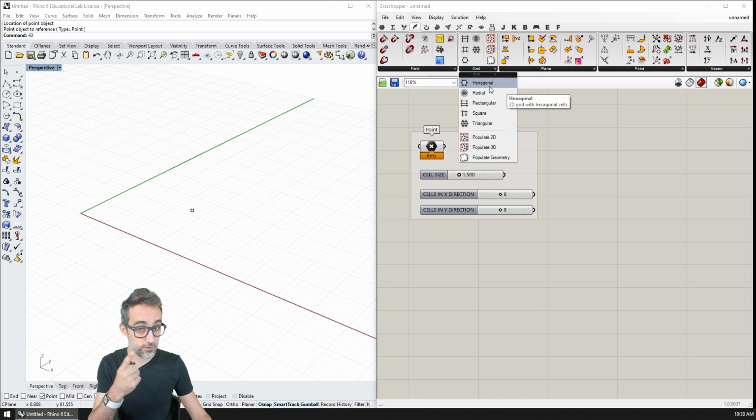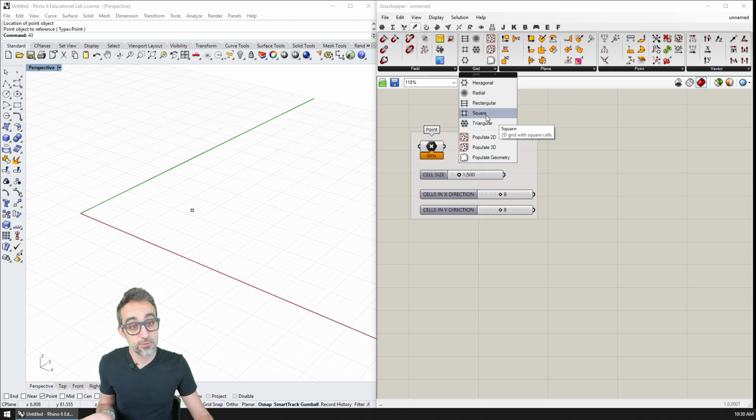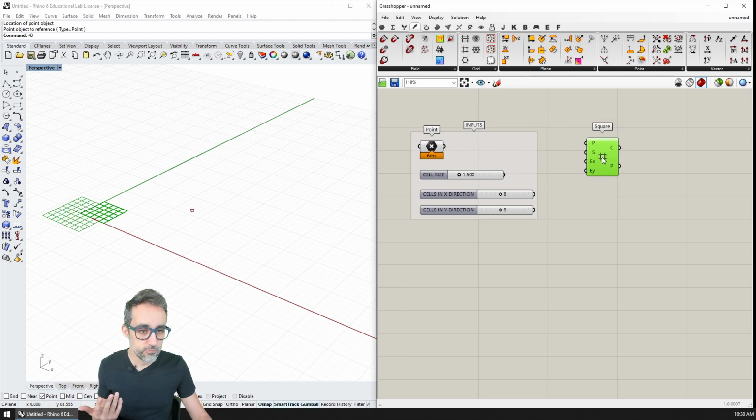So we can use hexagonal, radial, rectangular, whatever, or triangular. For this one, I'm going to choose square, just because it's easier